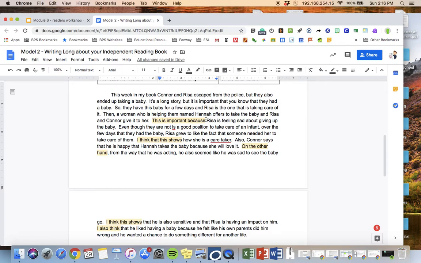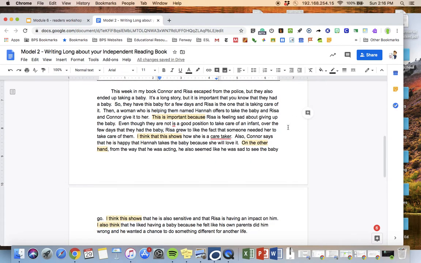So they have this baby for a few days, and Risa is the one that's taking care of it. Then a woman who is helping them named Hannah offers to take the baby, and Risa and Connor give it to her. This is important because Risa is feeling sad about giving up the baby. Even though they are not, oops, I need to edit that,